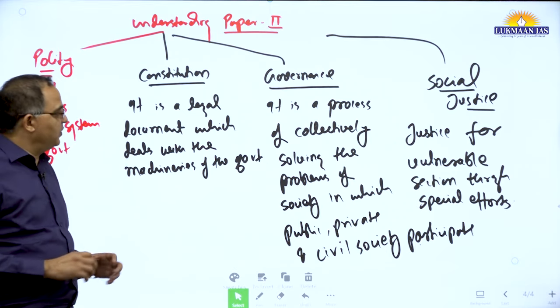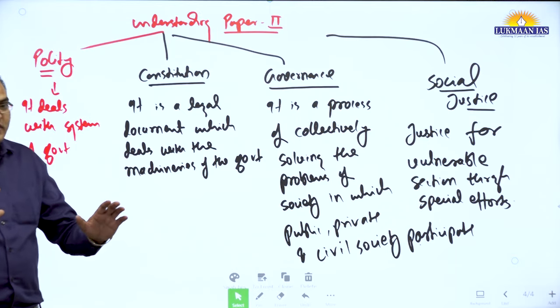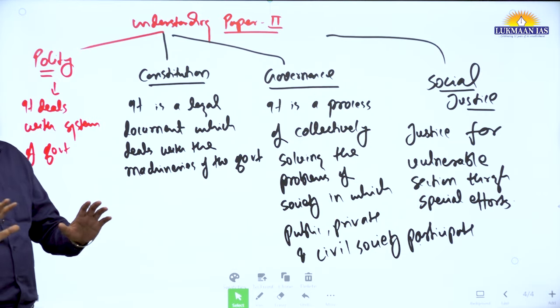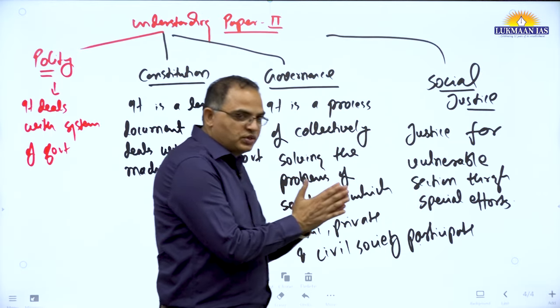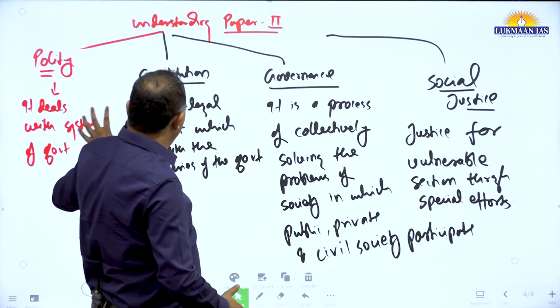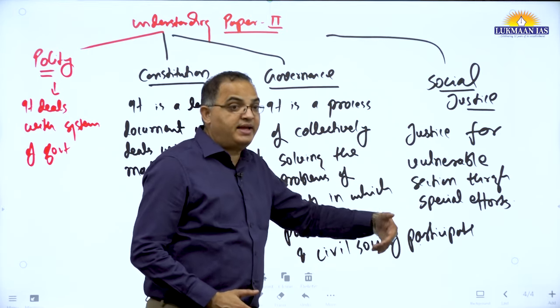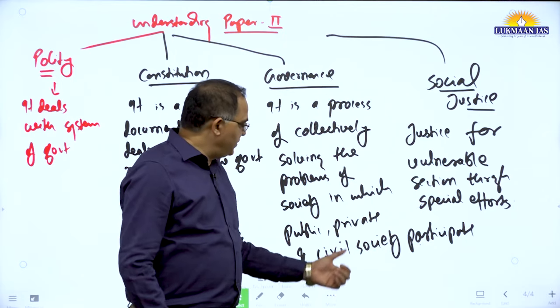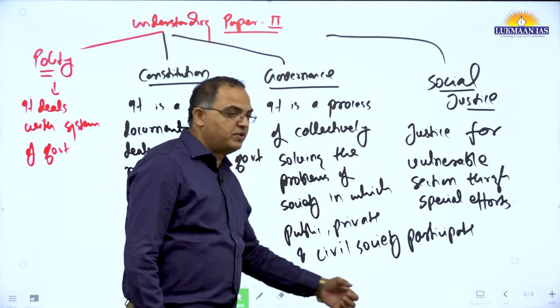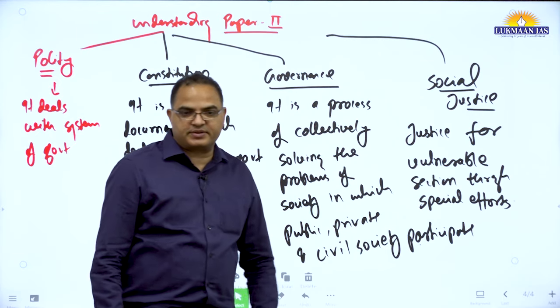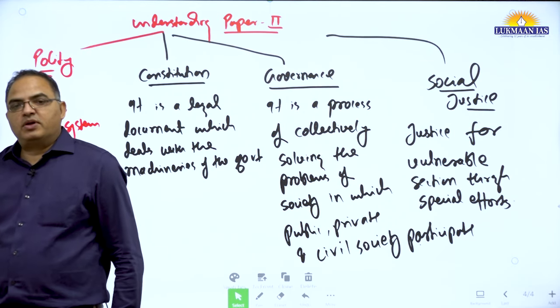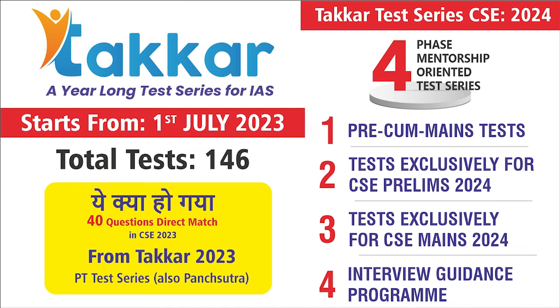But yes, what we are saying, the approach you should understand. The approach is that we say governance. But there is a huge gap between when we say polity, constitution and governance. Why did it come? We have told civil society, you may not know much. Then we have told private sector, you know, public means government sector. So governance has been added so that we can collectively solve the problems of society.